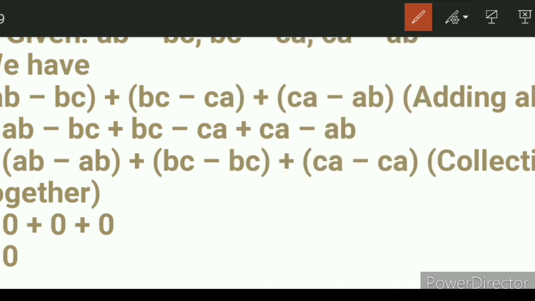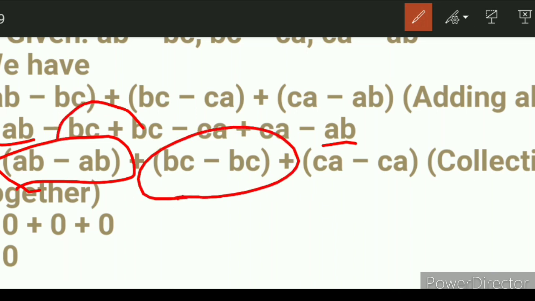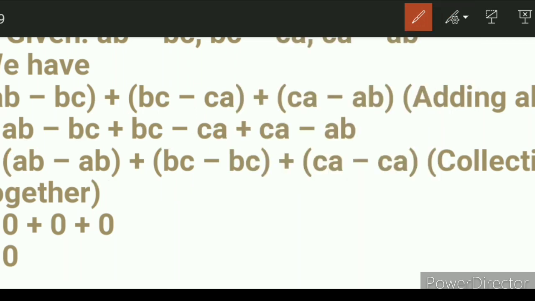Now collect the like terms. Like terms in the sense having the same variable: AB and AB, the same variable. So with the sign we should write in one bracket. Next, BC and BC, write these two in one bracket. Next, CA and CA, without bracket also we can write. Don't put a bracket, because if you put a bracket we feel confused. So just write like this, in this way how I am writing.